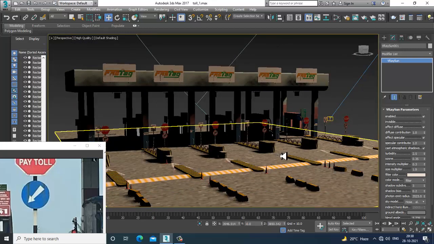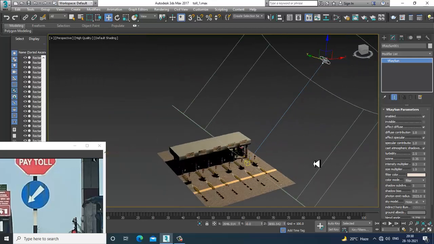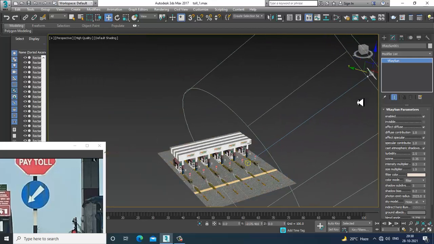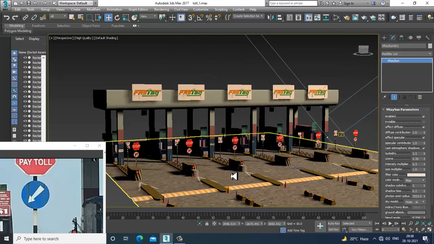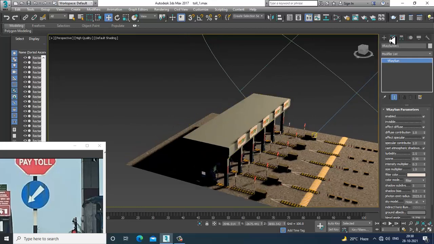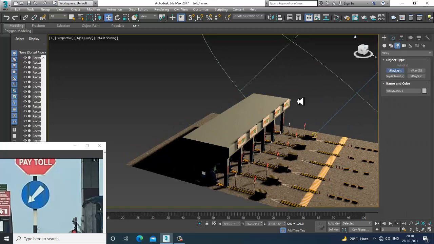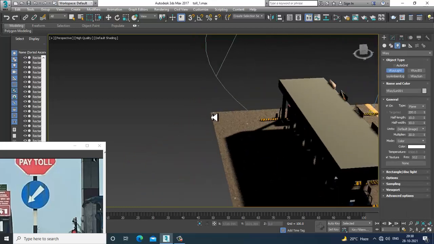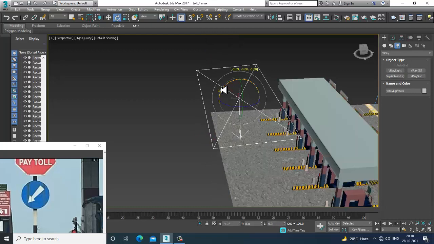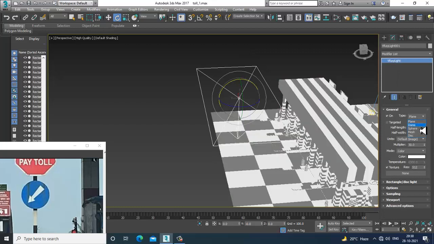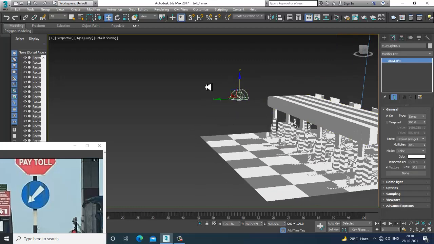I can slightly rotate the sun in that way, and I'll also take a V-Ray light over here and set it to dome. That would be a better option. Go into temperature.